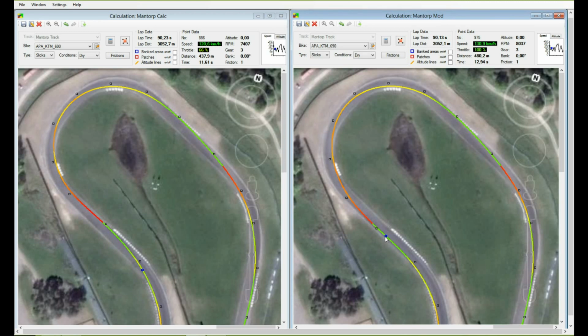Then if we check what we had before we changed the line, at the same calculation point 975, we have 135.8 kilometers an hour, and we have only spent 12.84 seconds since the calculation started, and that's actually a tenth less,